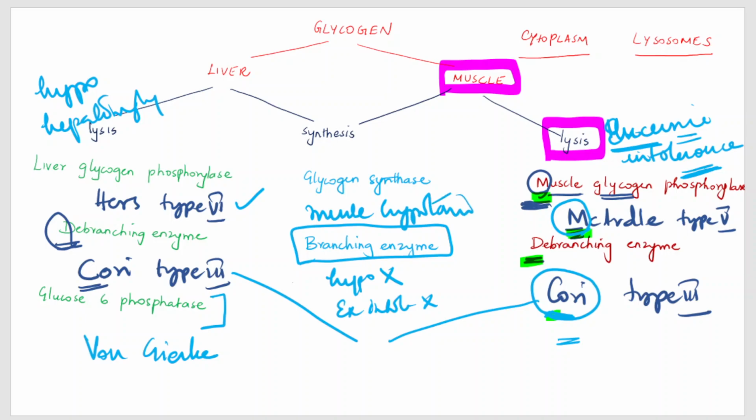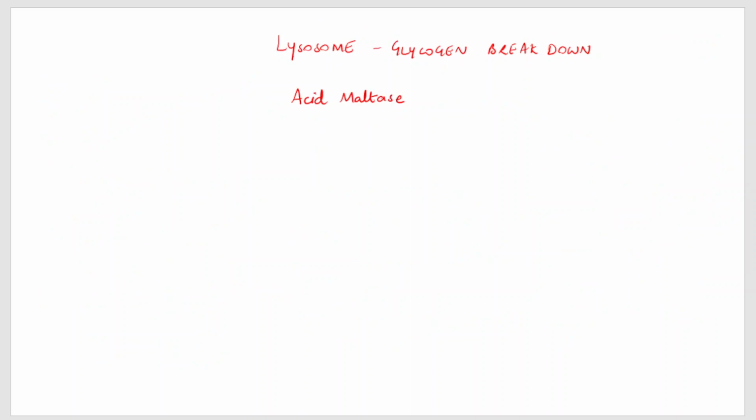and hepatomegaly. So hope you have understood, and hope it is easy for you to memorize the features and the enzyme deficiencies of various glycogen storage diseases. Now let's see, I had told you that some of the glycogen can be taken up